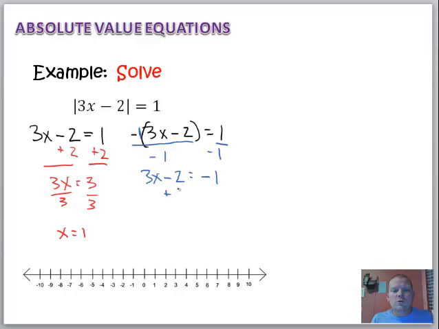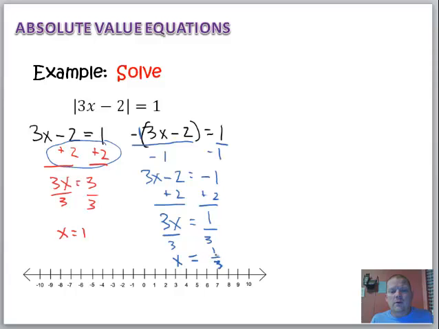So then I'll add 2 to both sides. Same steps I did over here. And that gives me 3x. Now this time, negative 1 plus 2 is positive 1. Then divide by 3, divide by 3, and x equals 1/3. That's my second solution. If I want to graph these, I can put points at x equals 1,